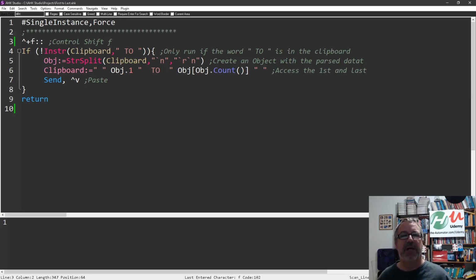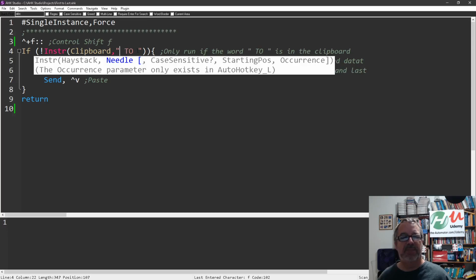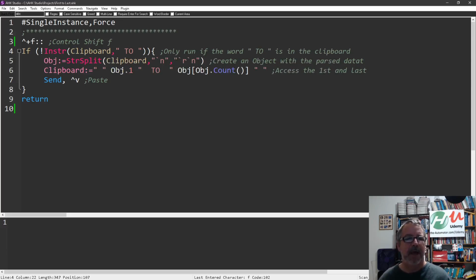I have it doing a little bit of logic that says, if there's a space, the word TO, and a space, don't do it, because sometimes I'd forget if I did or didn't already run it, and then I would have it wrapping itself around it. It was really confusing, so I put a little logic there, and then I just basically grab the clipboard,